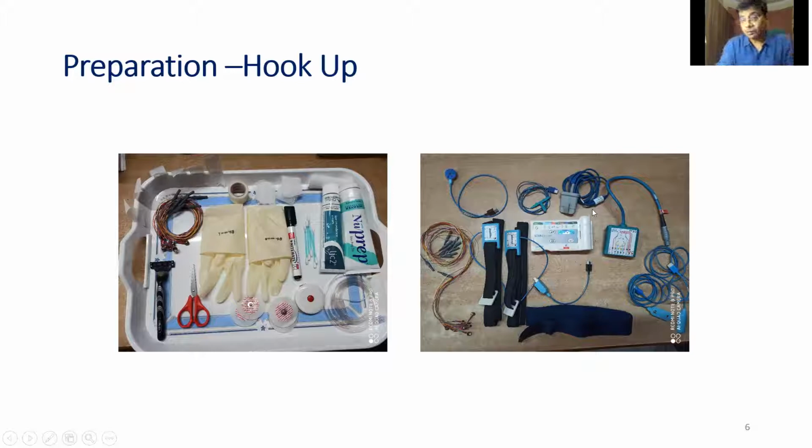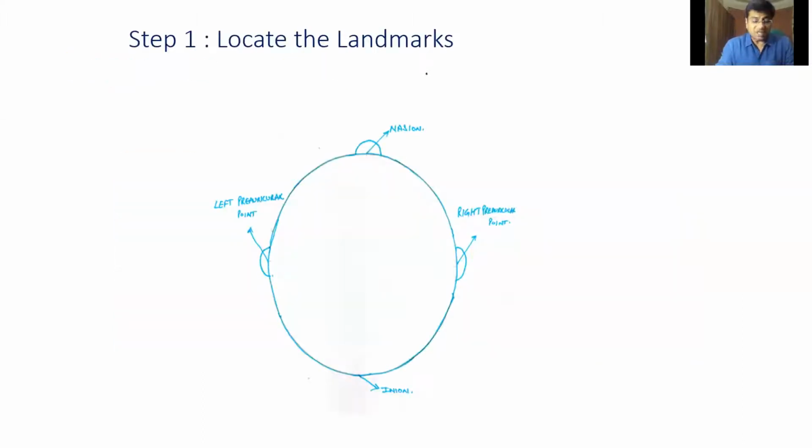We also need to check that the equipment is working properly, because once the patient has come and the equipment is not working, all the work we have done will go haywire, and then we will not be able to do the study. So once the patient arrives, we do the hookup of respiratory parameters, the respiratory channels. Then we look at the EEG hookup. So we are talking today of EEG 10-20 placement, or locating these landmarks, locating these electrodes.